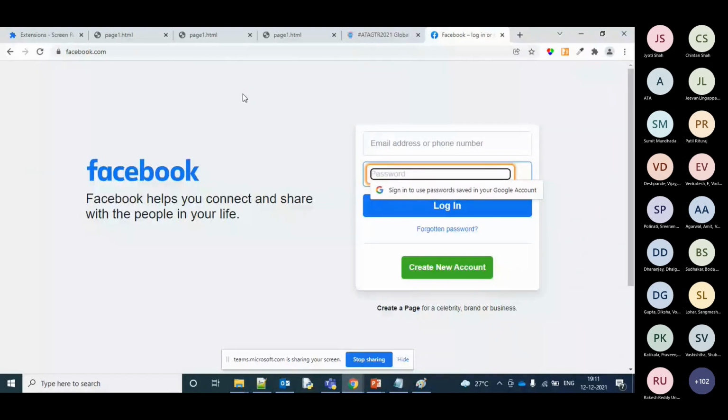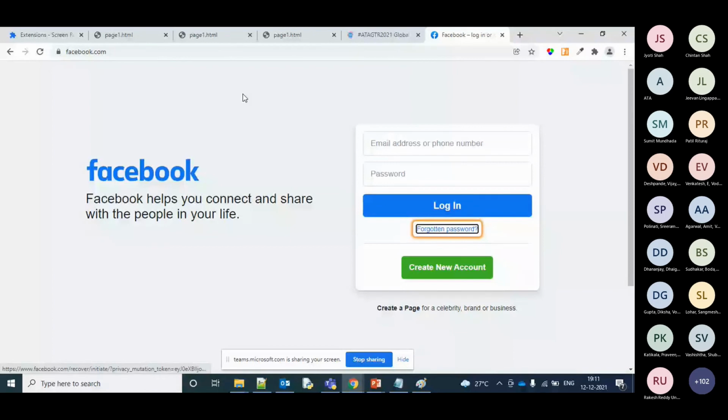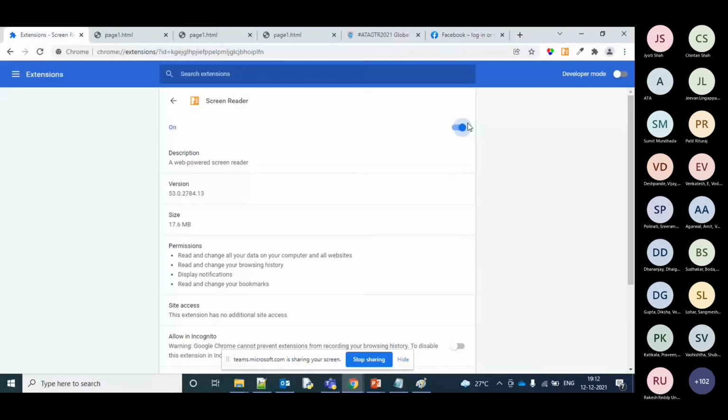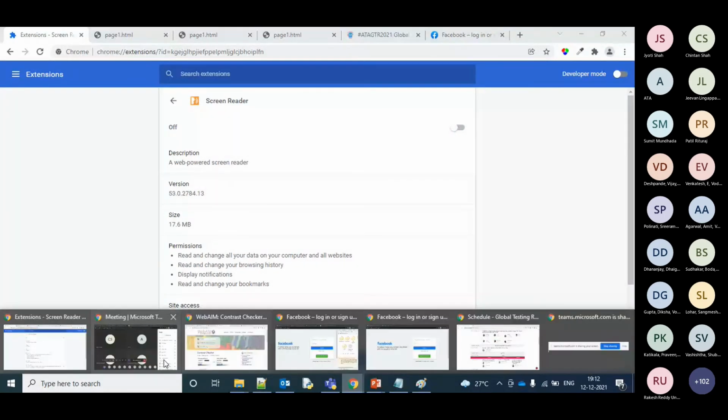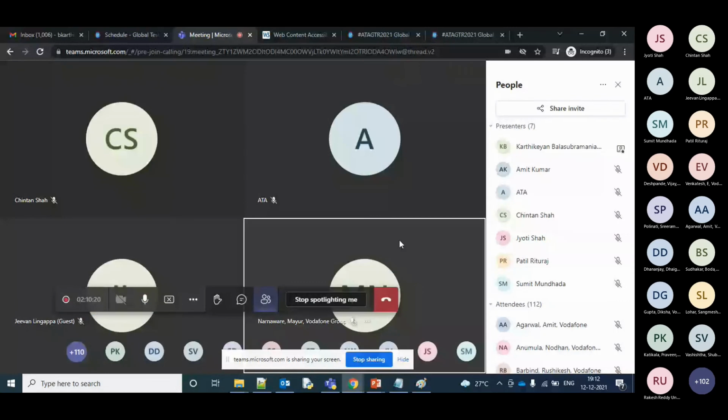Login. Forgotten password, link. This is reading the content and says it's a link, and it should also say whether it's an internal link or an external link. We'll do all those tests hands-on, where we will be writing the test cases and use the screen reader to see how the contents are getting changed. With that, I'll give you a pass over here, and I'll give you 5 minutes where you can explore any of the pages, whichever you want, and then let me know. We'll be happy to answer.